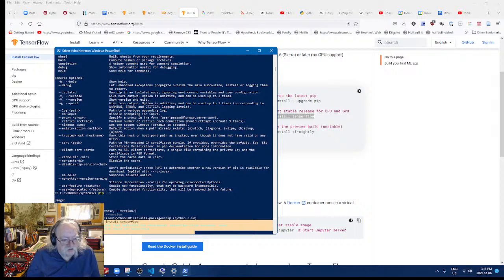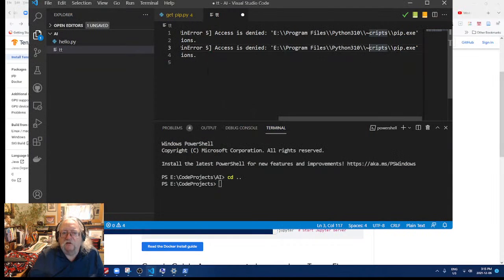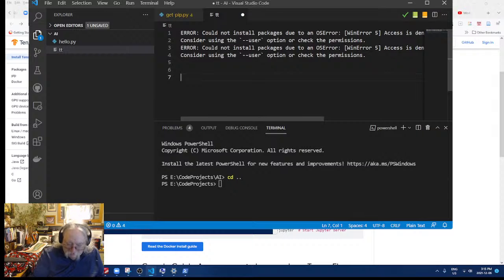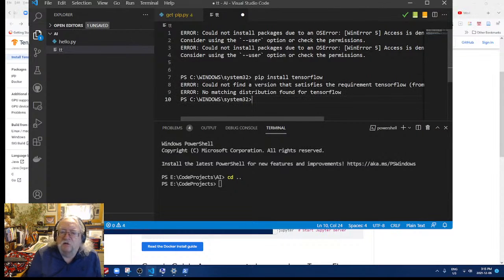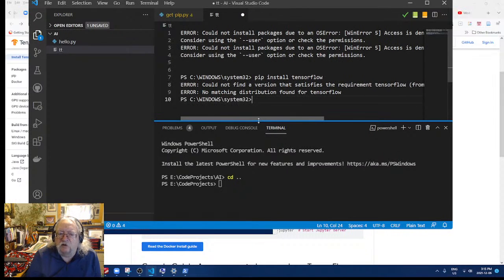I really hate these errors, dark red on blue. You just can't read them. So what I'm doing now is copying them and pasting them in here. Could not find a version. A version of what? No matching distribution found for tensorflow.